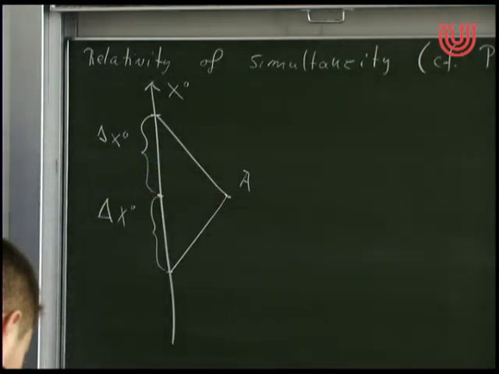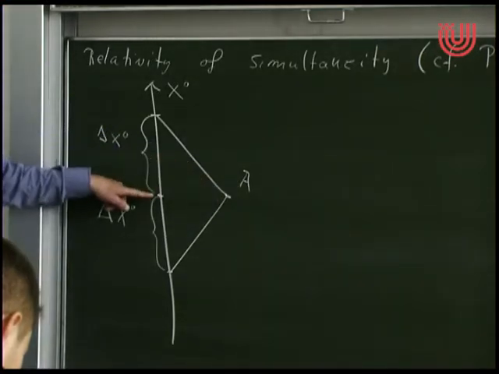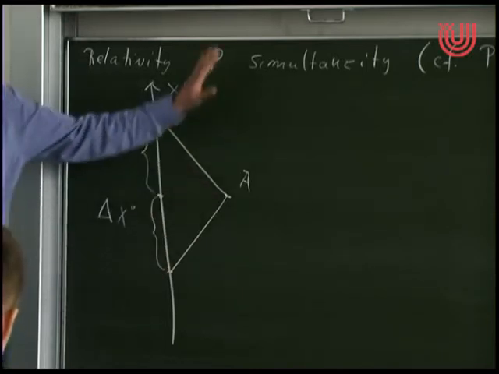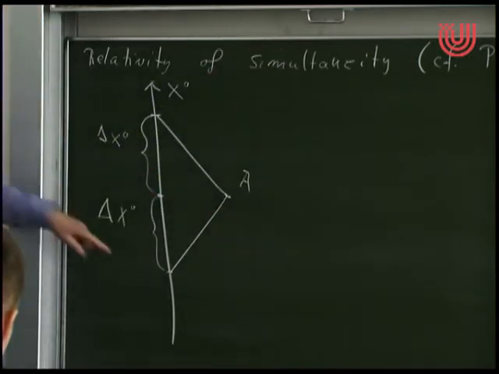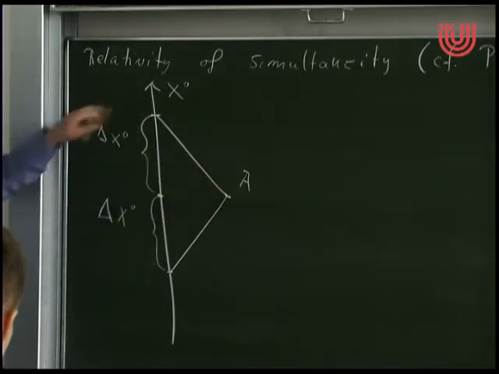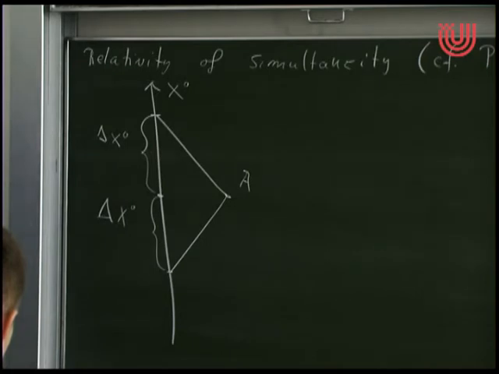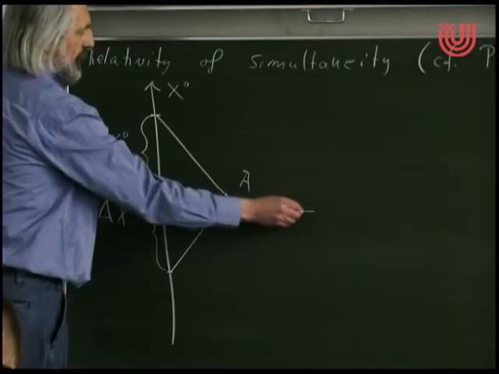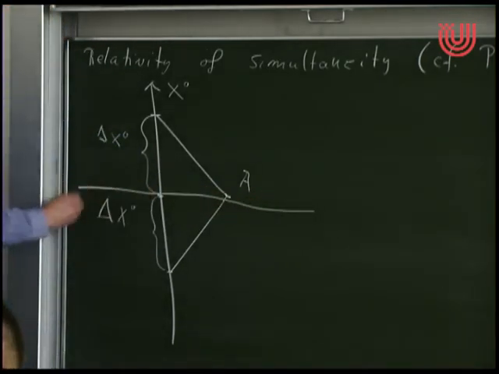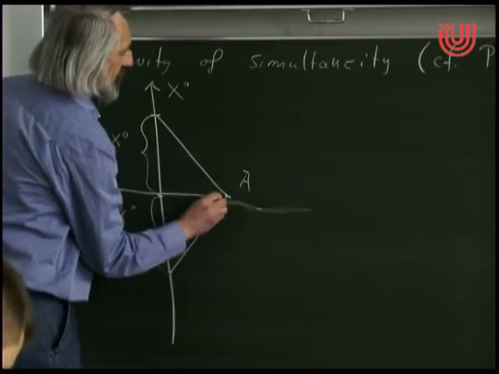And we talked yesterday about the set of all events which are simultaneous with the same event here. So I now do this construction for all events, off the world line, of course. For events on the world line itself, it doesn't make sense because this construction cannot be done. But for all events off the world line, it does make sense. And we get the hyperplane perpendicular to, it should pass through the point A, sorry. We get